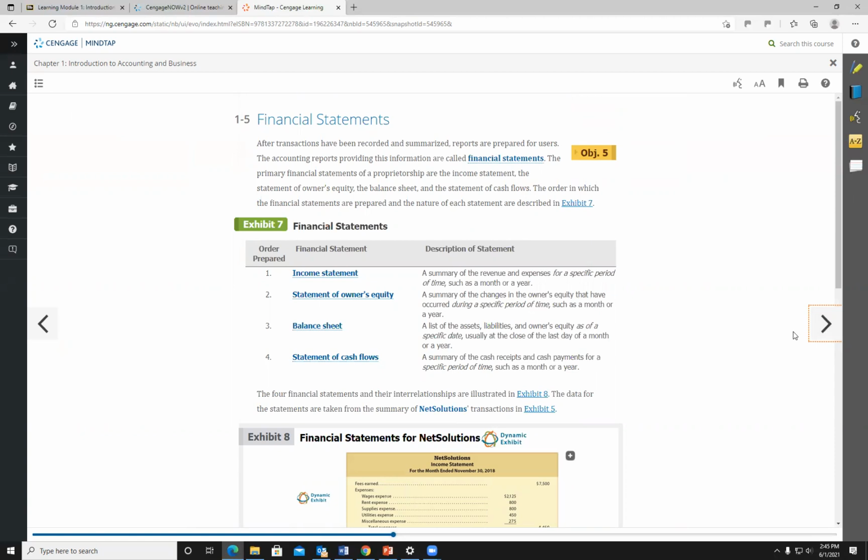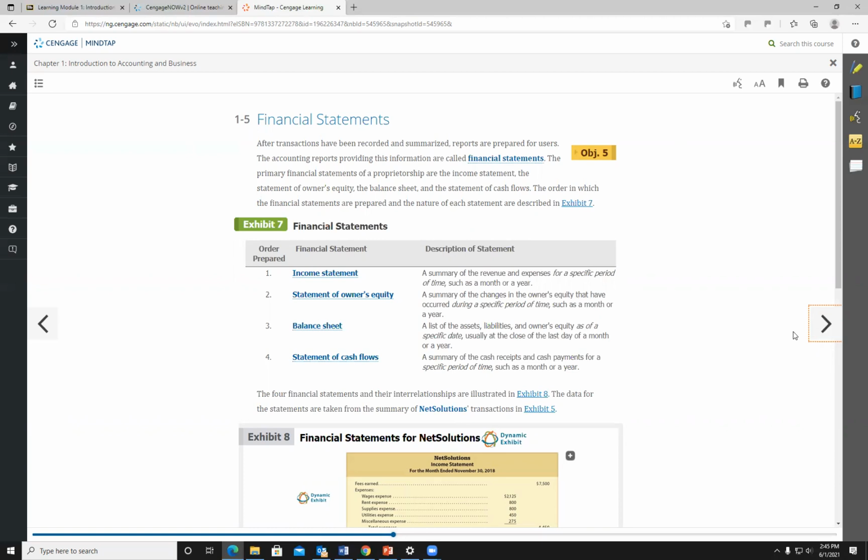The income statement is a summary of your revenue and expenses. You remember those are new terms we just learned. Revenue is what we call money that you bring in from the sale of your services or your goods. And expenses is the money you pay out to run your business, your wages, your utilities, your rent, etc. So your income statement is going to list all the revenue that you've earned. And then it's going to subtract out all the expenses you had to pay out to run your business. And hopefully what's left over is that word we learned,